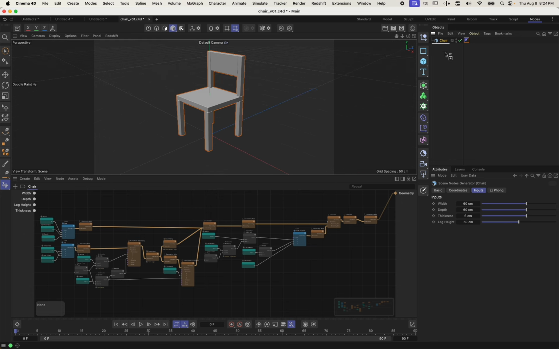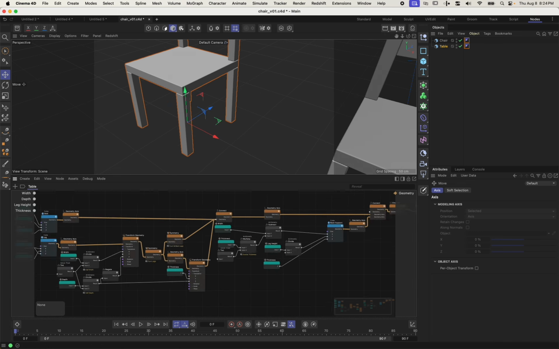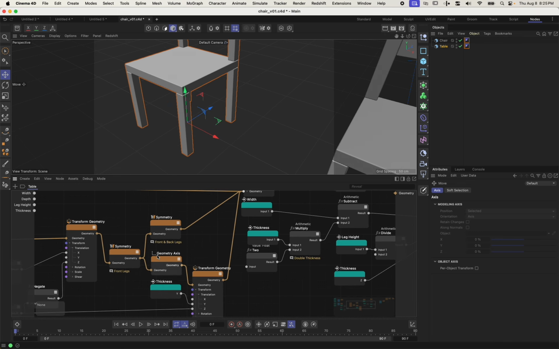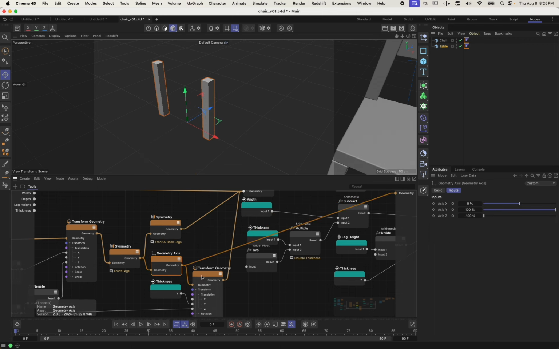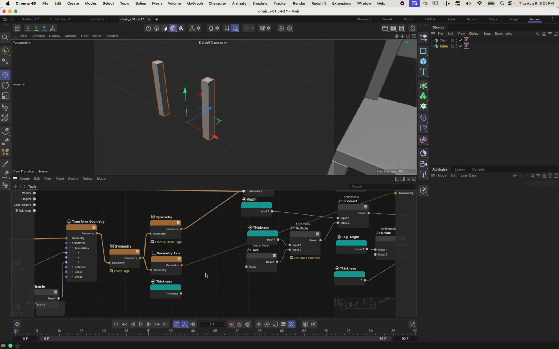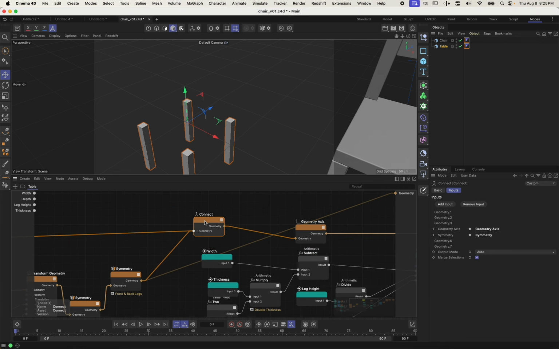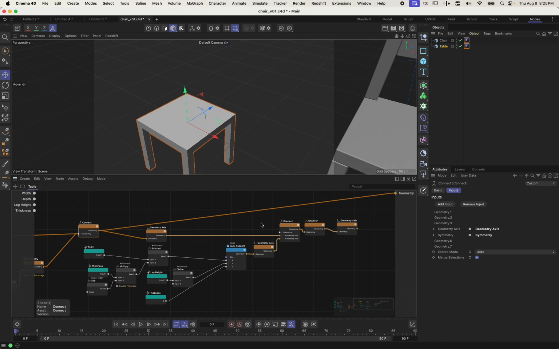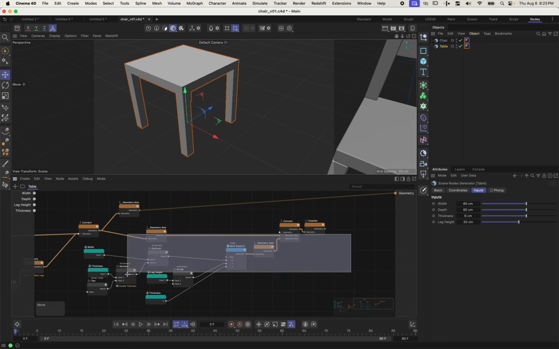So I could take this chair, and you know what? I'm going to call this table, and I'm going to move this object over here, let's say, go into here, and we're just going to make some tweaks. If I recall, let's just go back in space and see some of the things that we did. We got this, and then it all started getting real tricky right around here. So I'm going to delete this junk so that we are back at this point in time, back here where we are connecting with this. And I'm just going to take this last geometry axis, plug it in there, wire that out. And now I've got